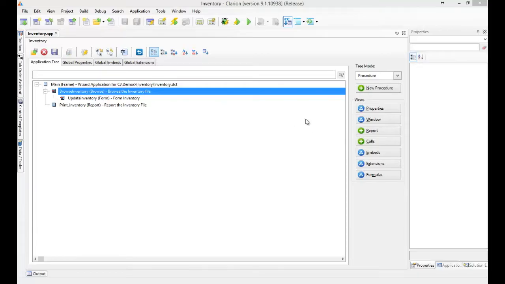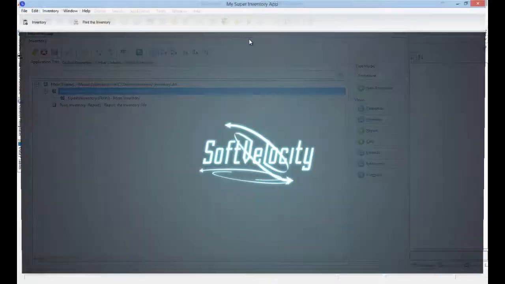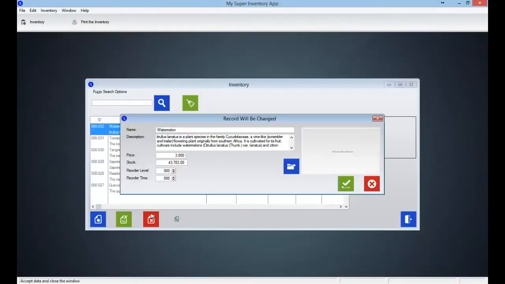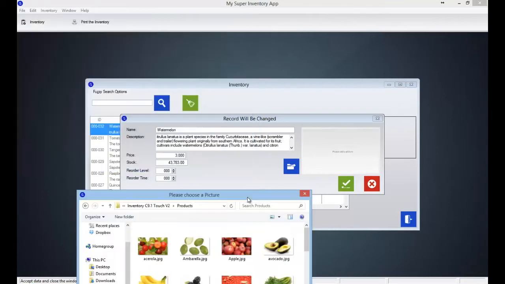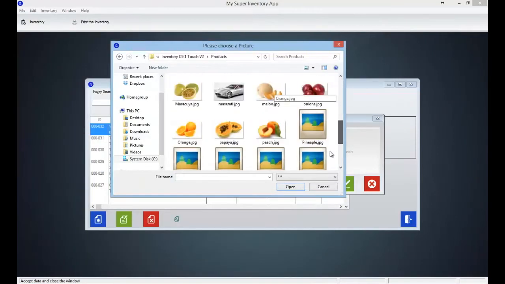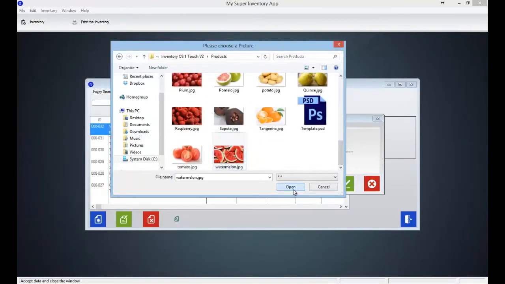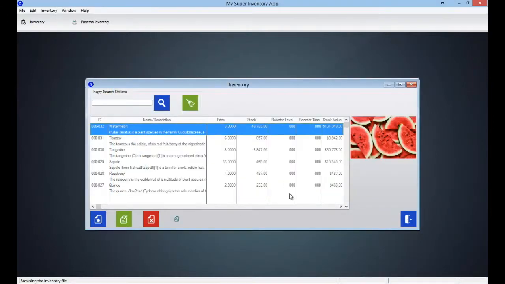Welcome back. I made a few modifications to the inventory program. It is now able to store pictures. It was really easy to do. I can store a picture and do something with this. Let's see, watermelon. There we go. Looks really great, but